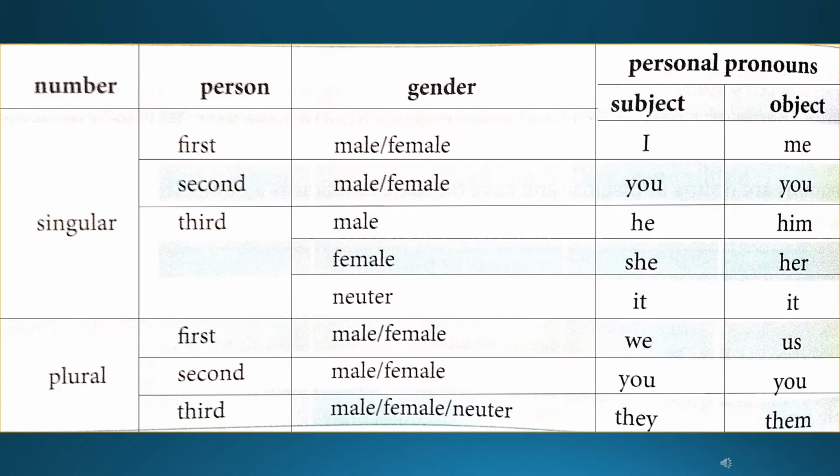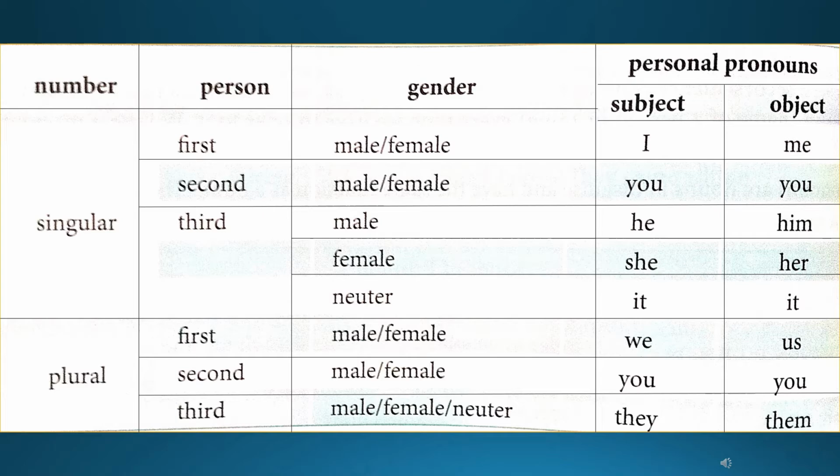The various personal pronouns and their uses are given in this table. For the singular pronoun, if it is first person, male or female, we can use I as a subject and me as an object. For the second person, male or female, we can use you as a subject and an object.